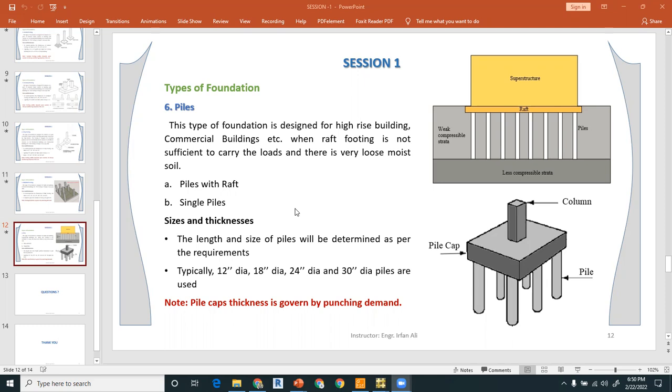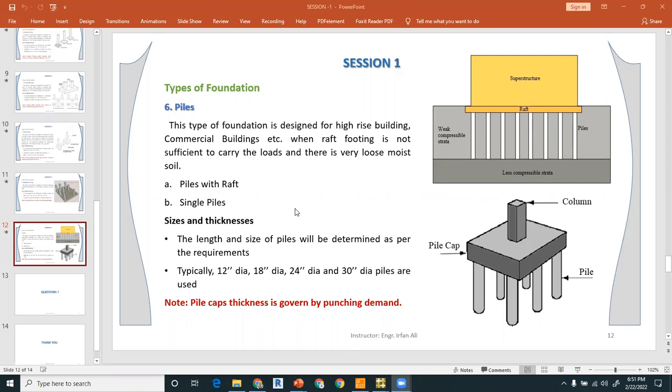Sir, one question regarding the wall footing. Can we model the wall footing in software, or is it done manually? Or can we model the load so that it is then exported? Please guide us on this. We will be using software for all of these footings, modeling them in